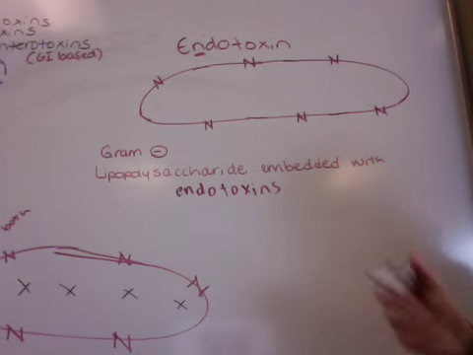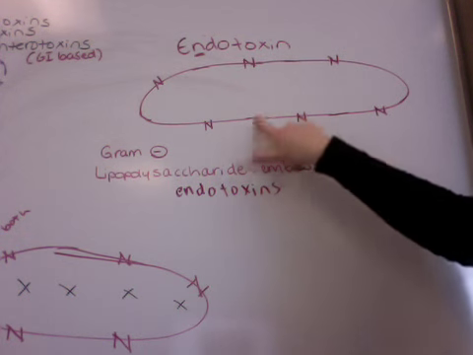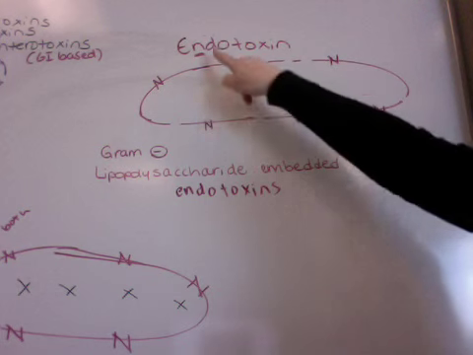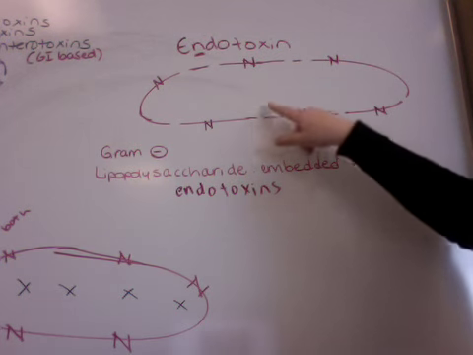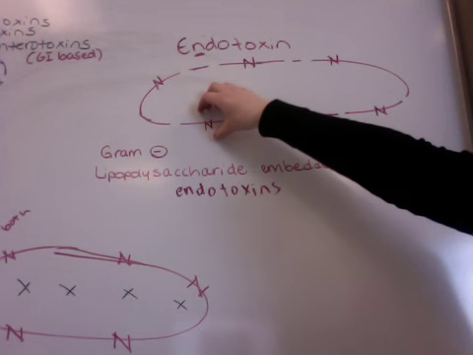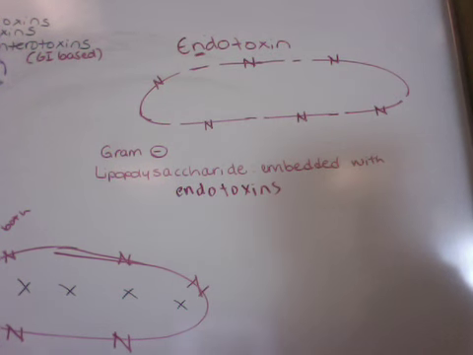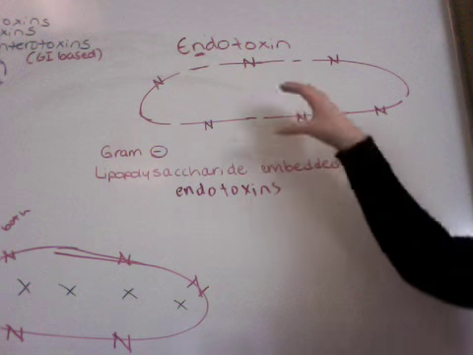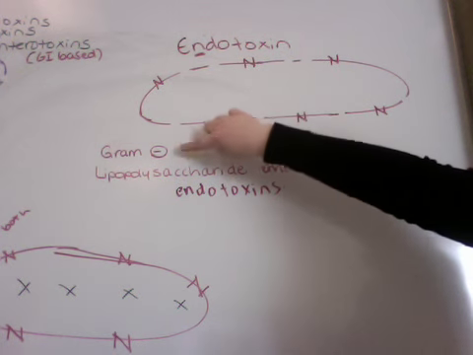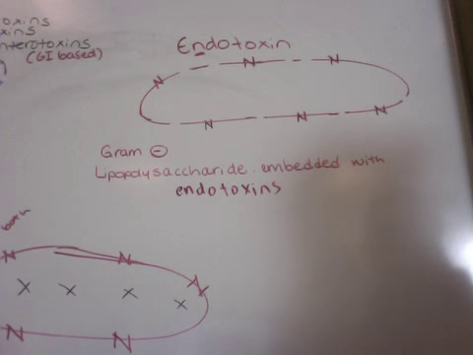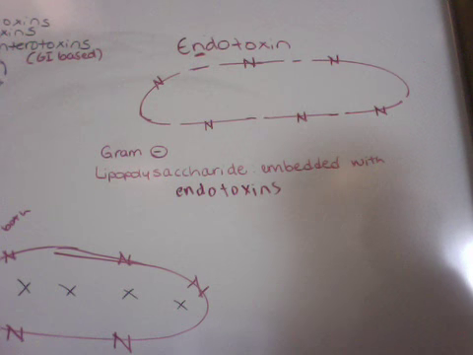All right, so if an antibiotic is given, then what's going to happen is you're going to have the cell walls trying to be broken down by the antibiotic, but the endotoxin is part of that cell wall. Okay, so it's not an additional release of toxins that end up entering the body. Again, these are going to be gram-negative bacteria, so your gram-negatives will have endotoxins. Not all endotoxins are the strongest things out there. Okay, but if they get into the blood or a place where they're not supposed to be, that can be